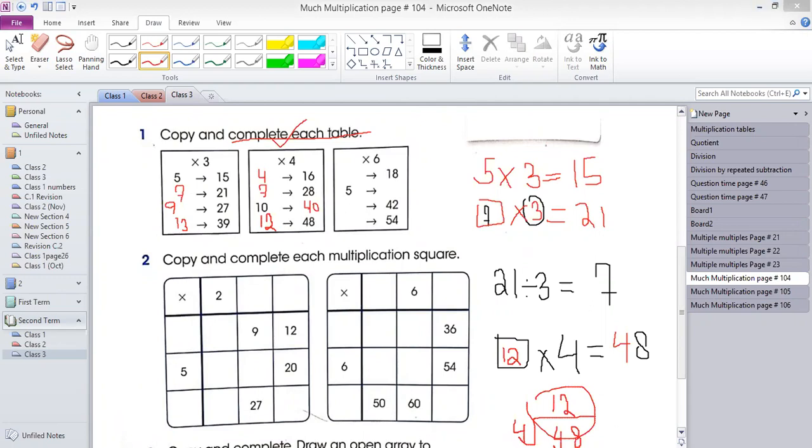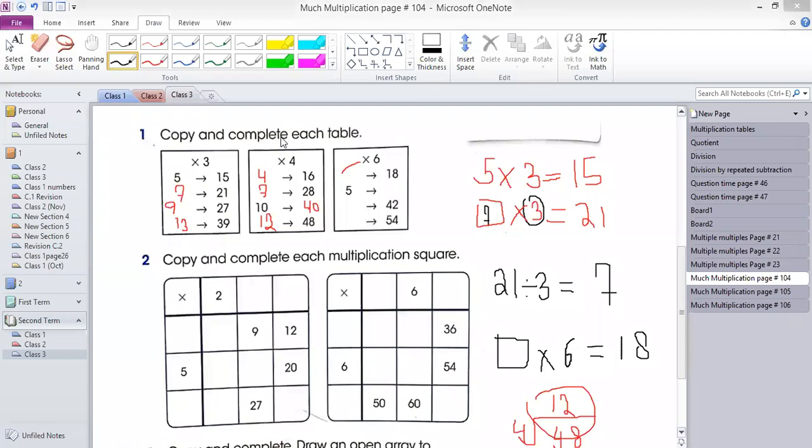Now, guys, question number 1, table number 3. In table number 3, you are multiplying by 6. So you will check the table of 6 now. 6 dash multiplied by 6 will give you 18. This is what you have to answer, guys. Answer me in the chat box. Which number multiplied by 6 will give you 18?